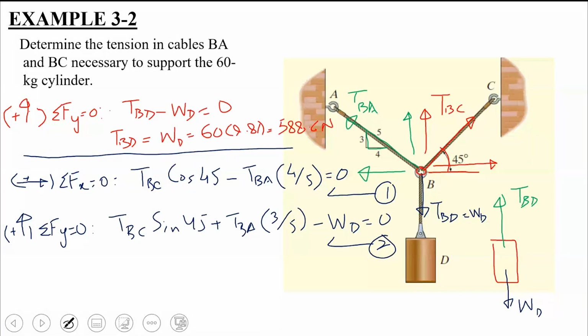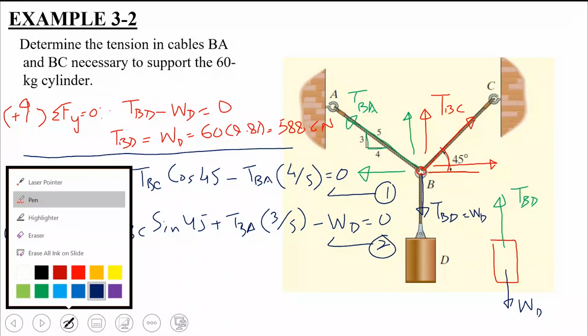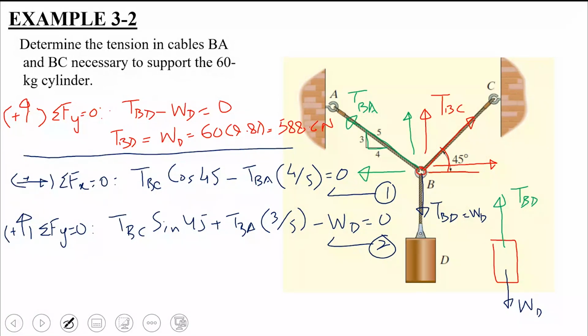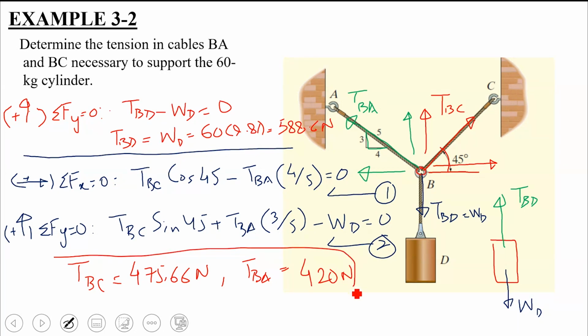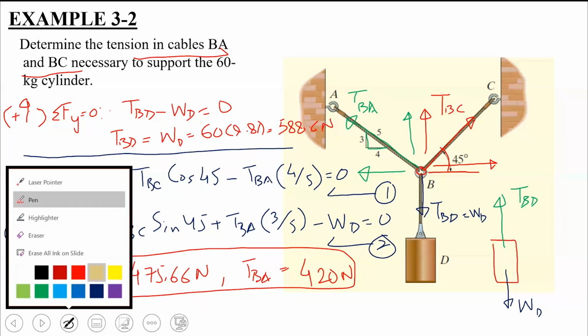So आपके पास दो equations हैं। Unknowns कितने हैं इसमें? सर 2। दो unknowns हैं। So you are going to solve these two equations for these two unknowns in order to find out the values of those two unknowns. So accordingly, जब आप solve करेंगे, the value of TBC would come out to be 475.66 Newton. Similarly, the value of TBA would come out to be 420 Newton. So these are going to be the values of tension in these chords BC and BA, which are being asked in the question. क्लियर है रेक को? यस सर।